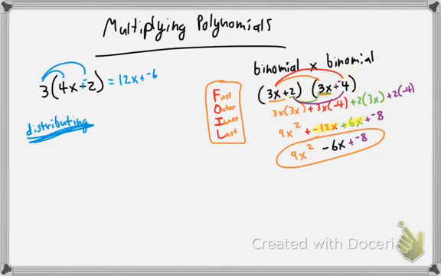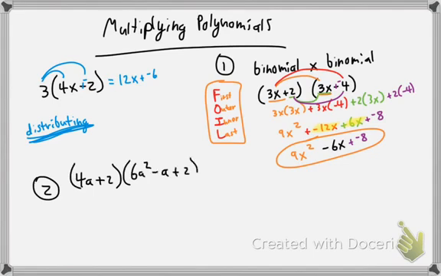So that was a binomial times a binomial. Let's do a binomial times a trinomial. Let's rev it up a little bit, okay? So let's do these. Example 2. Let's do 4a plus 2 times 6a squared minus a plus 2. Okay. You can kind of follow FOIL a little bit, but since we have this middle term here, we're going to have to adapt it a